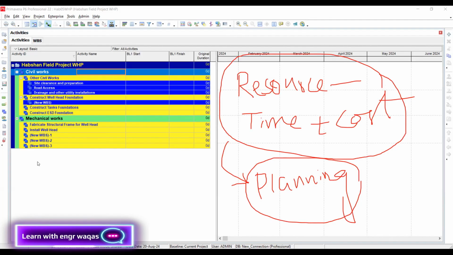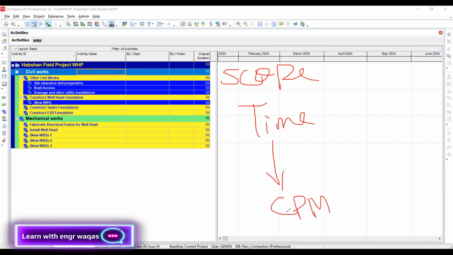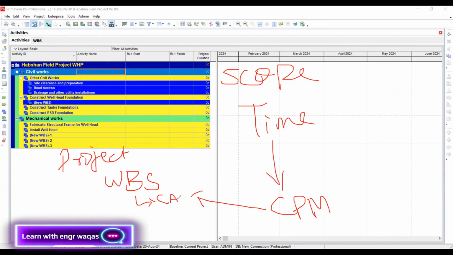After doing these things, like scope management, we need time management, that is, how to manage your time. There is the project management methodology, critical path method. Our major motive after loading scope is to reach the activity level. So how is the project template? First of all, project level. Then there is WBS level. WBS top level would be called control account. WBS mid level would be called planning package. WBS lowest level would be called